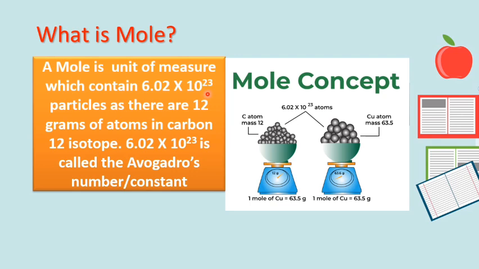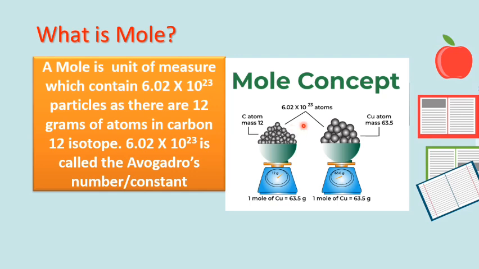Now we have the number of particles, which is 6.02 times 10 raised to the power 23. This simply means that every 1 mole contains 6.02 times 10 raised to the power 23 particles. Sometimes we use it as molecules or atoms. You can say 6.02 times 10 raised to the power 23 molecules. So if we now have 2 moles, you just multiply the number of moles, 6.02 times 10 raised to the power 23 times 2. This 6.02 times 10 raised to the power 23, we call Avogadro's number, or what we also call